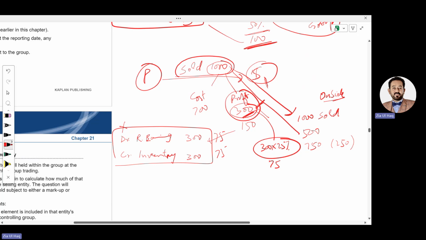If understood, then I am moving towards making this more complex. Can I make it more complex? Now see,